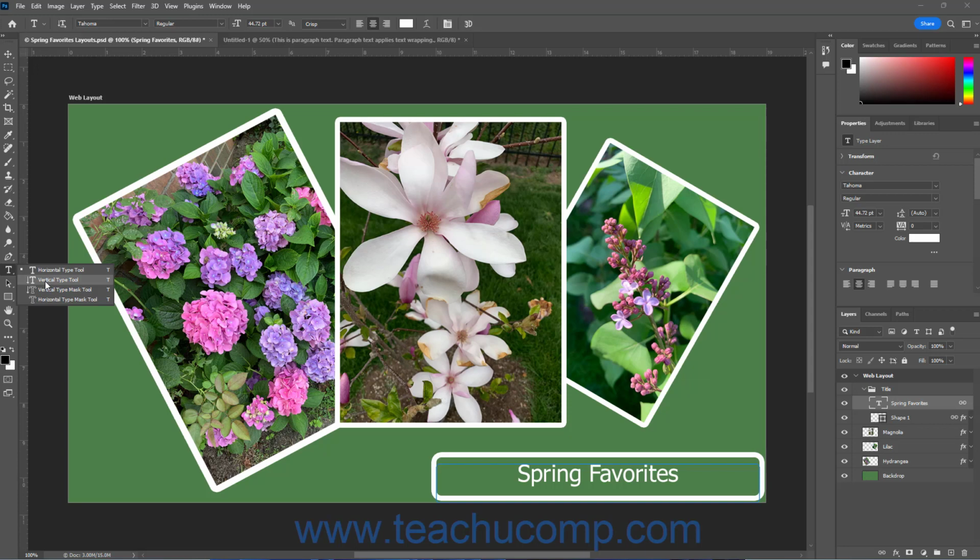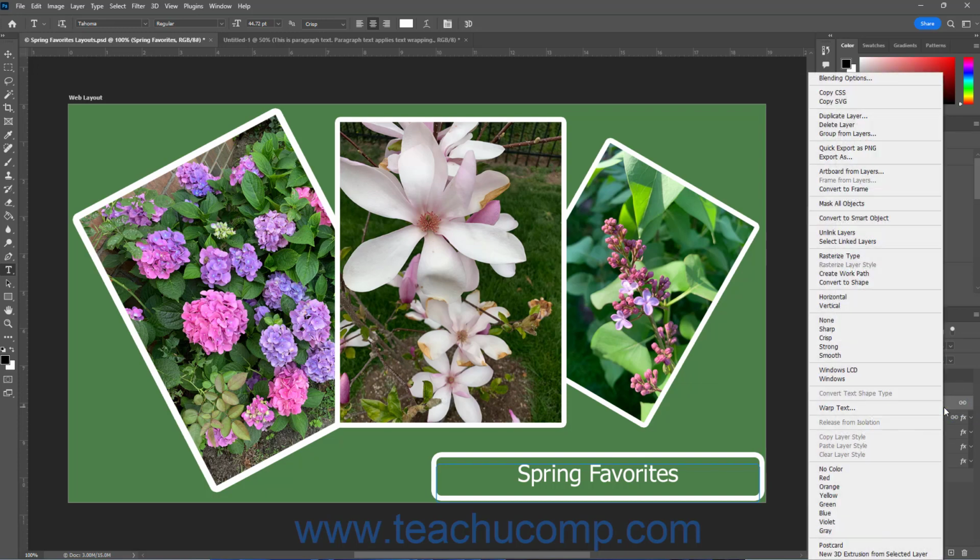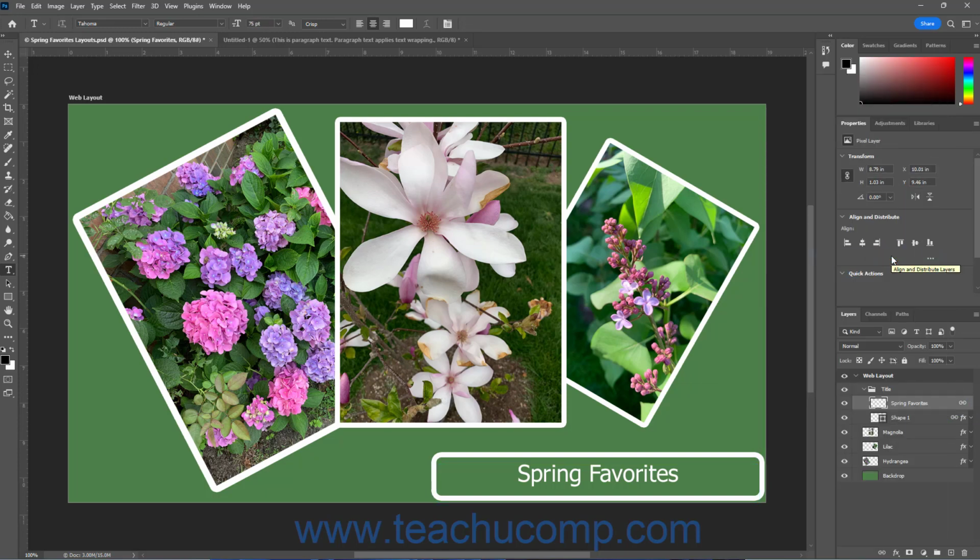Alternatively, to create a raster text selection in Photoshop within a raster layer, which you then fill or stroke, select either the horizontal type mask tool or the vertical type mask tool. Alternatively, if you rasterize a vector-based type layer, you also create raster text. If you rasterize a type layer in Photoshop, you can't edit it using either the horizontal type tool or vertical